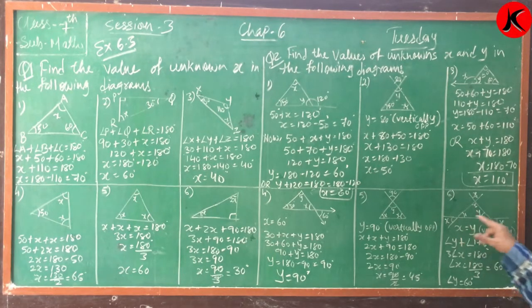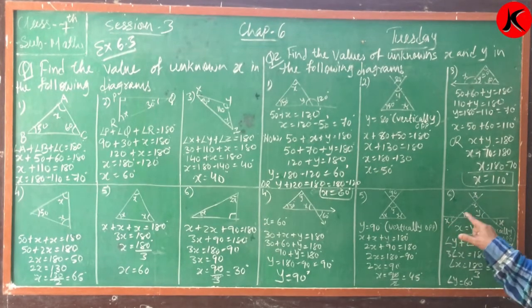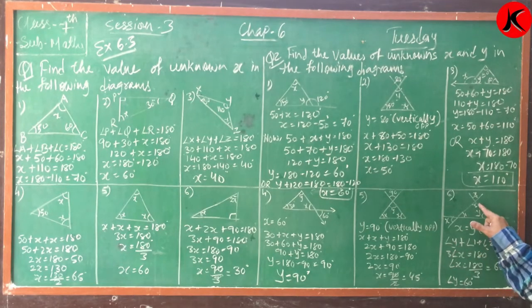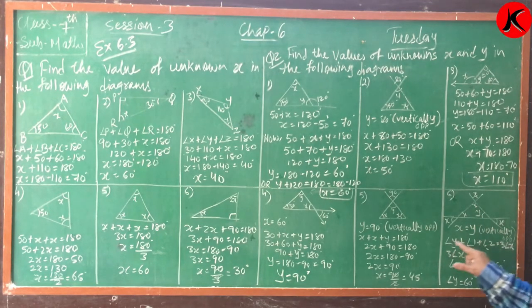Now here x and external angles दिए हुए हैं. Now this vertically opposite angle, x is equal to y. Vertically opposite angle. Now what I have done? इधर को मैंने 1 और 2 एंगल दे दिए हैं. Okay, now अगर ये x है तो ये भी x होगा. ये x है तो ये भी सेम एंगल होगा. Now what I have done? Angle y plus angle 1 plus 2 is equal to 3. दोनों सेम हो जाएंगे.